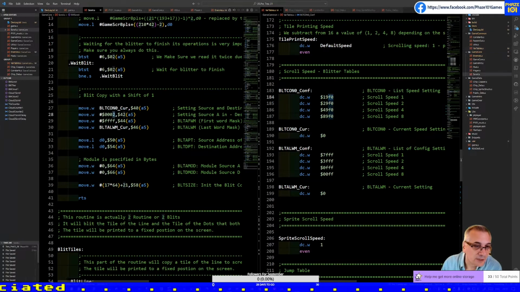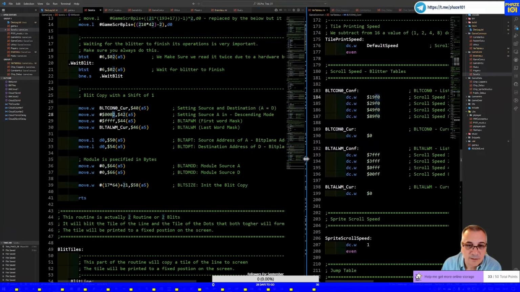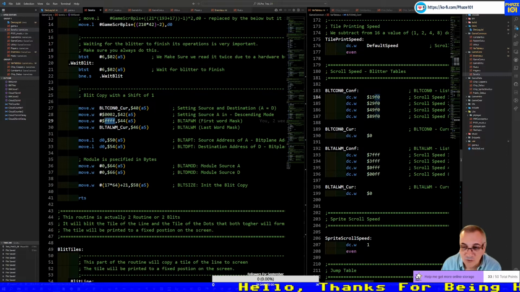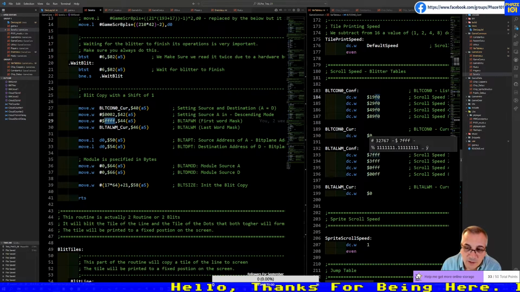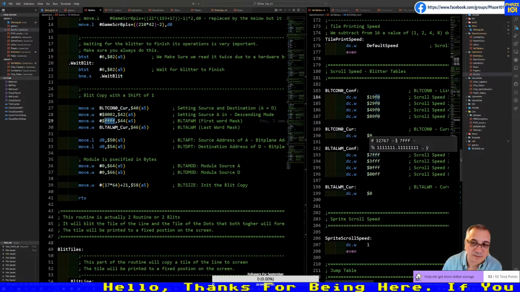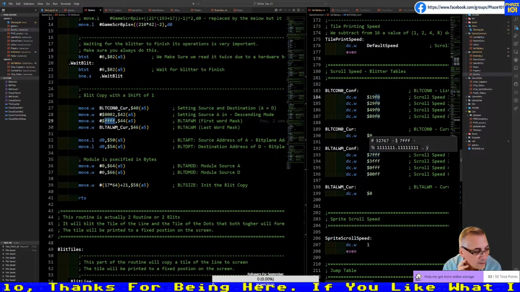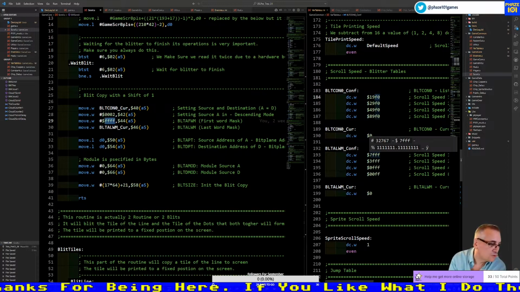Here we just enabled descending mode, as per comments. Here I have the first word mask, which is FFFF, doesn't change, and the last word mask. Because we are shifting to the left, 1 bit needs to be 0.